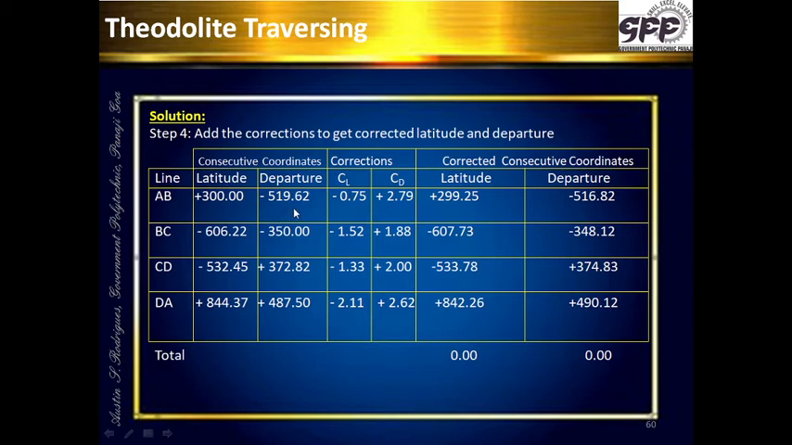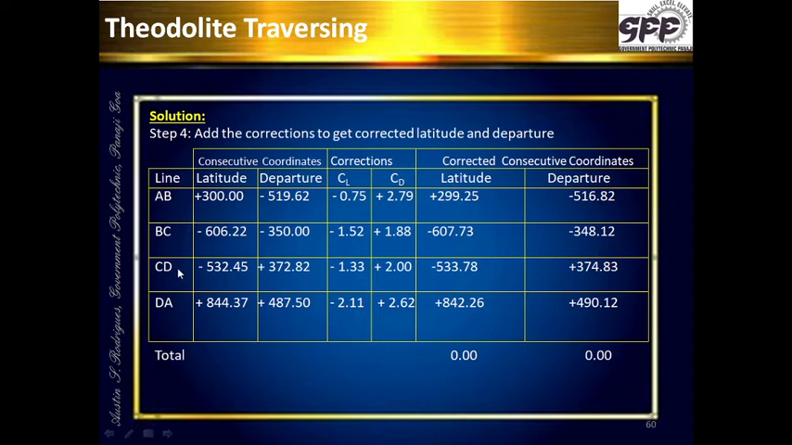The departure minus 519.62 plus 2.79 gives me minus 516.82. Coming to the line BC, minus 606.22, and then I have minus 1.52. This gives me the new latitude as minus 607.73. Then the departure minus 350, correction to the departure plus 1.88. Now getting both of them together, we get this value over here, minus